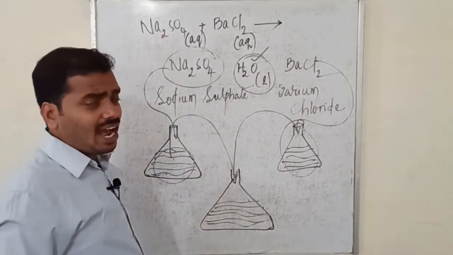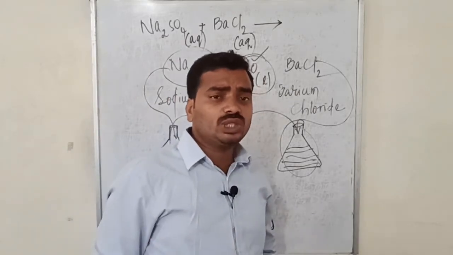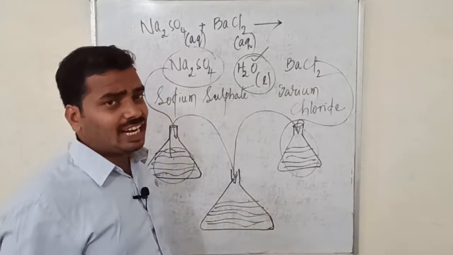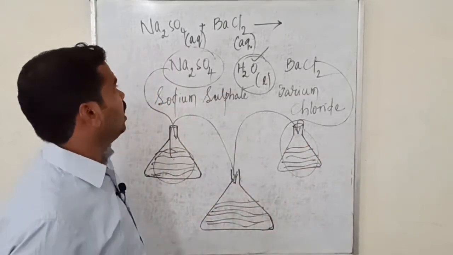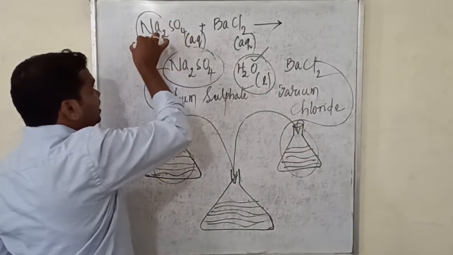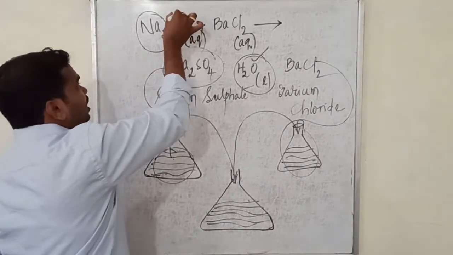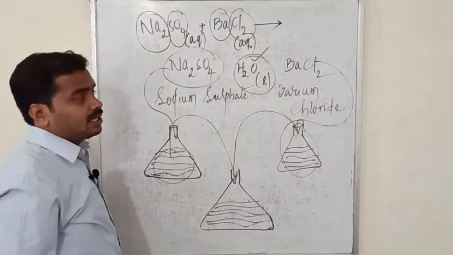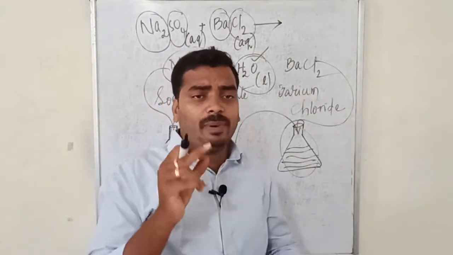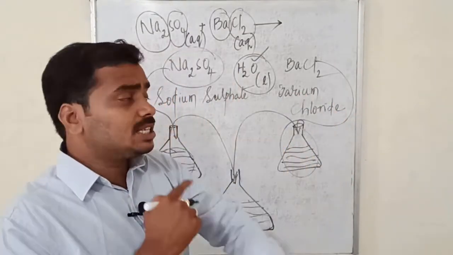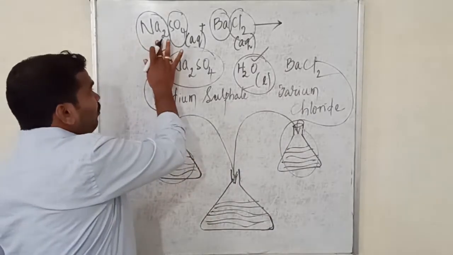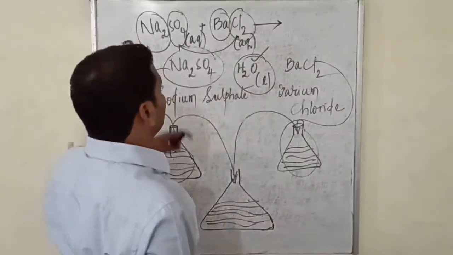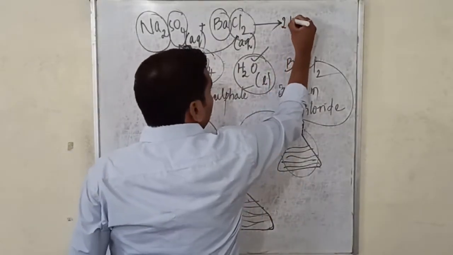Now you see, I have told you this particular reaction shows one of the most important phenomena of the types of reactions which we have discussed in the previous session. That phenomena is just displacing the radicals. You see, sodium and sulfate are two different radicals, barium and chlorine are two different radicals. Here two radicals gets displaced. Remember, here the two radicals gets displaced from their places. Sodium will get combined with this chlorine because the chlorine will move and react with sulfate. So it forms 2NaCl.